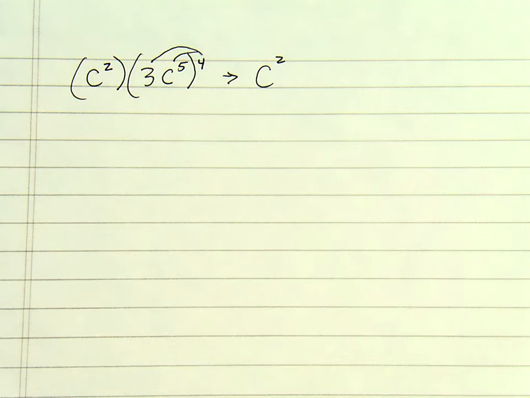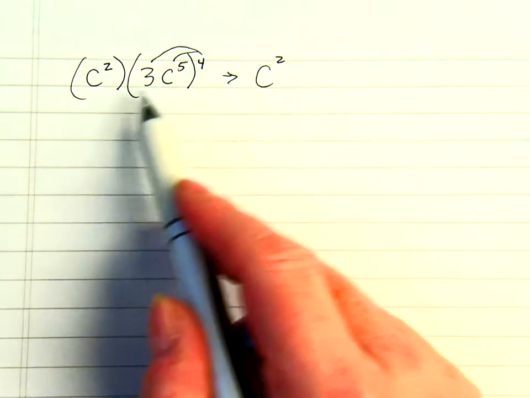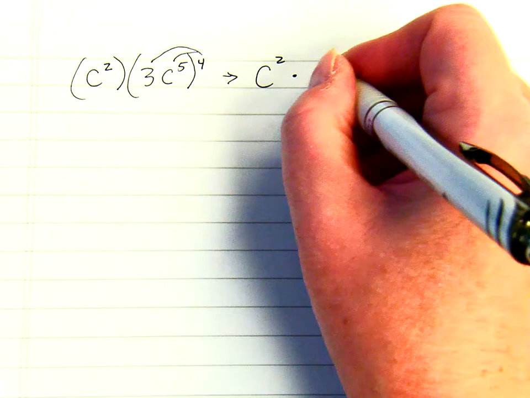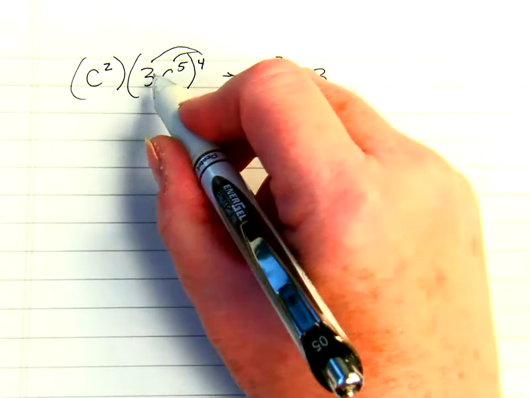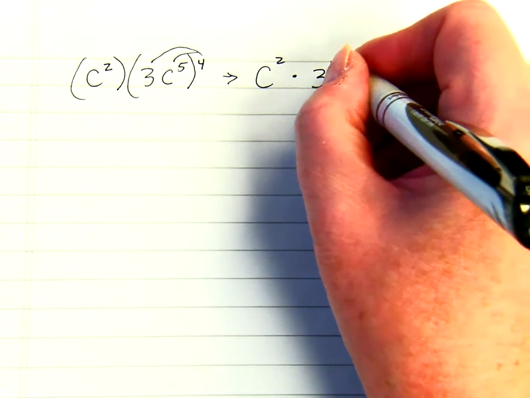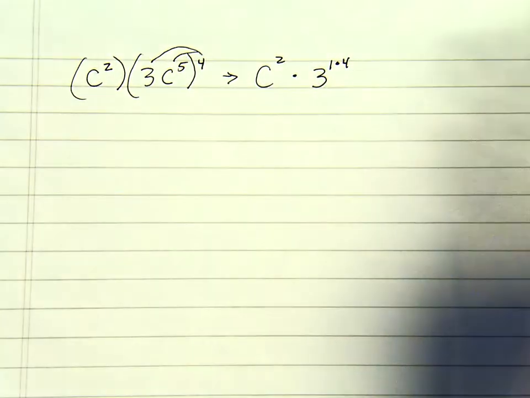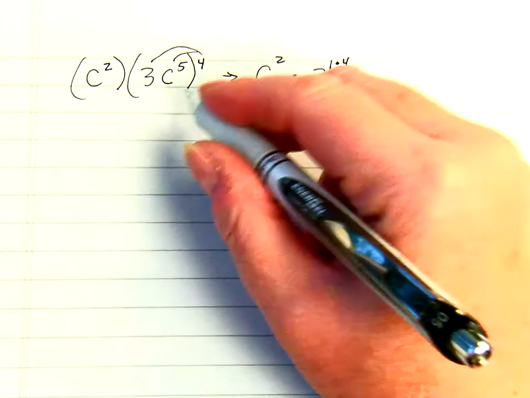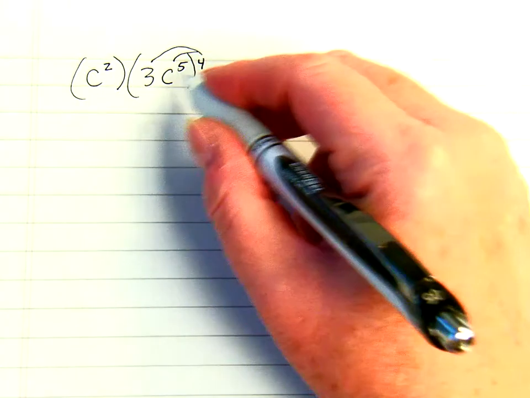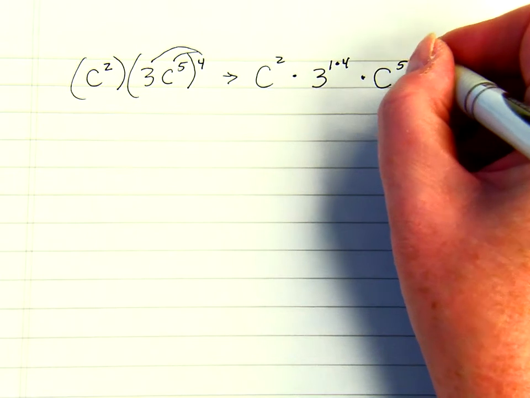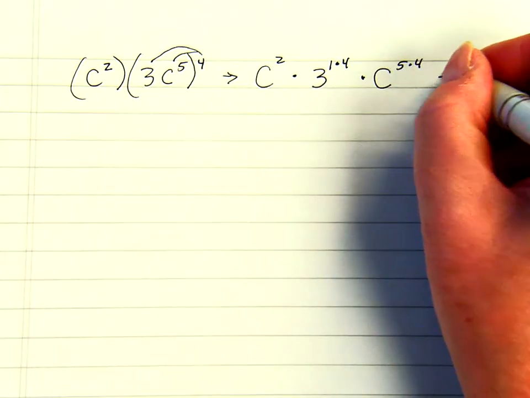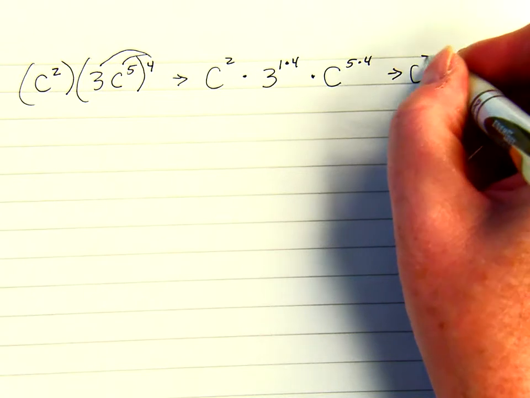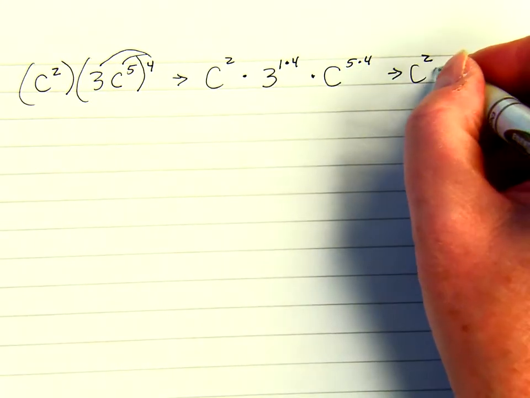Now, one of the things we haven't talked about is what's actually happening with this 4th. So I'm going to write it out. This c squared is going to be multiplied times 3, and that 3 has an exponent of 1 times that 4. Okay, we just need to make sure that we are aware of that times, and this is c to the 5 times 4. Okay, putting it all together, we've got c squared, we've got 3 to the 4th,